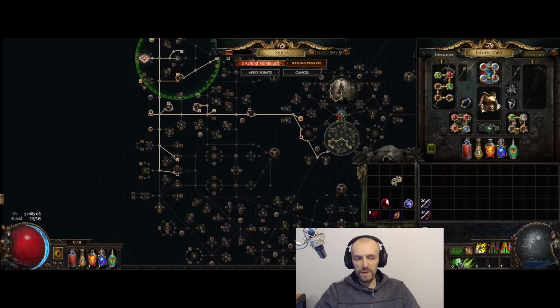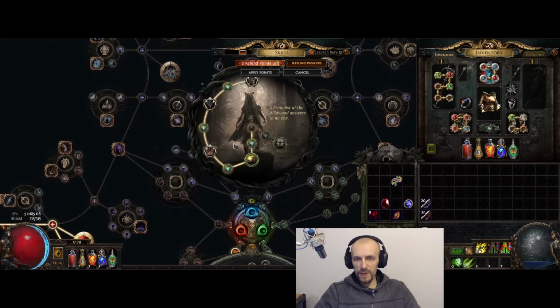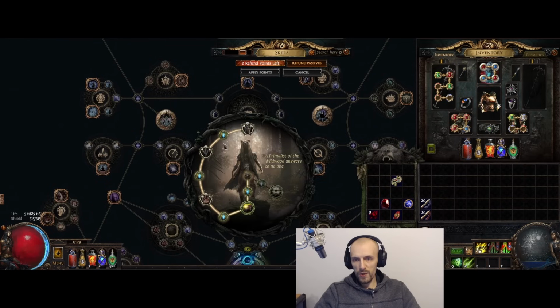Just make sure you don't use Frostblink and just use dash. That way your totems don't count as you critting. Same goes for traps and mines. So you can easily replace the base crit chance at maximum power charges with this mod. As for the other charms, similar thing. I got one of these, a high crit chance at maximum power charges,